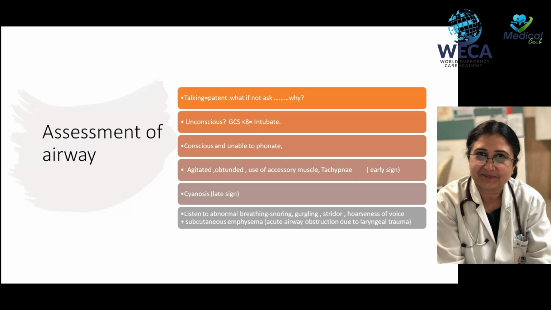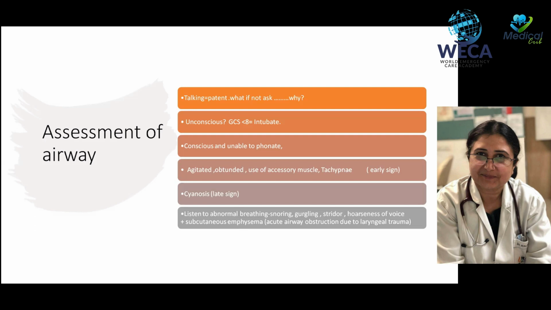The assessment of airway can be done in 10 seconds. Just talk to the patient, ask how did this trauma happen, and if your patient is able to talk and revert back properly, it means that your patient's airway is patent, his ventilation is not very much compromised, and his perfusion is fine. If your patient is unable to talk, then watch for